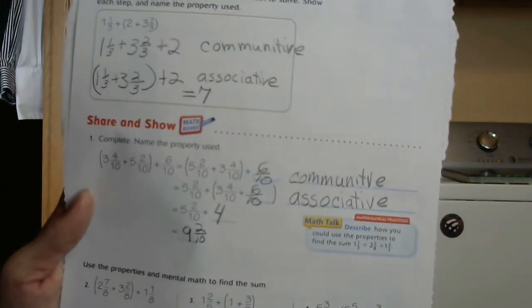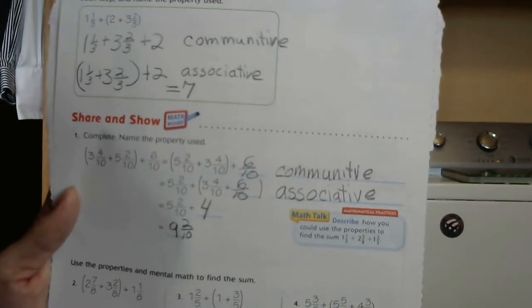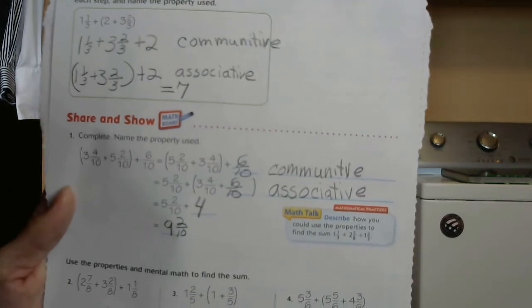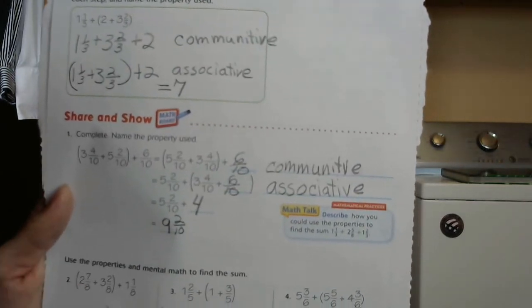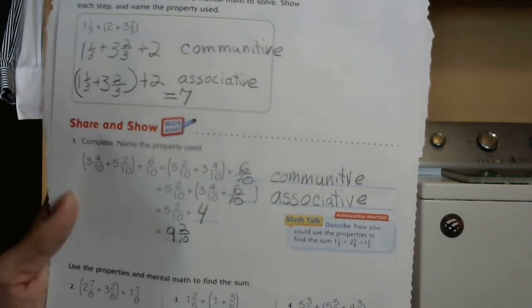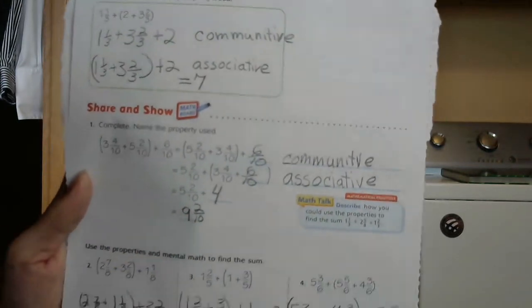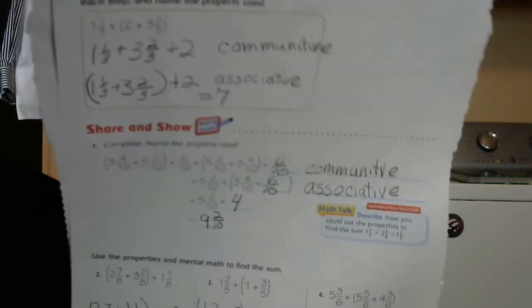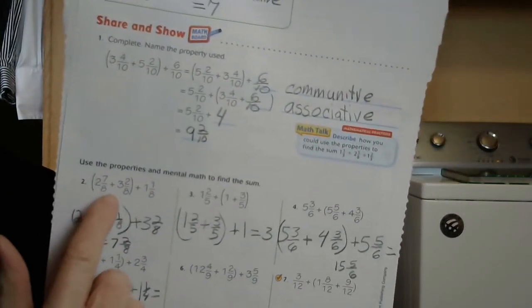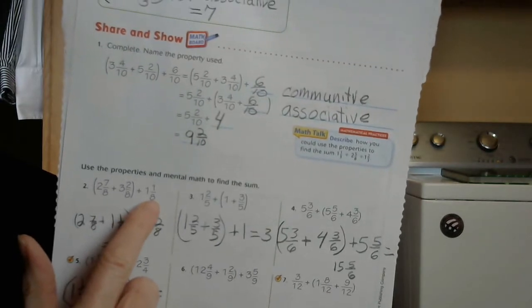So they've made a group out of 3 and 4/10 added to 6/10. Now, by combining those two, you get 1, and 1 plus 3 becomes 4. When added to 5 and 2/10, it makes 9 and 2/10. On the bottom part of your share and show, it says, use the properties and mental math to find the